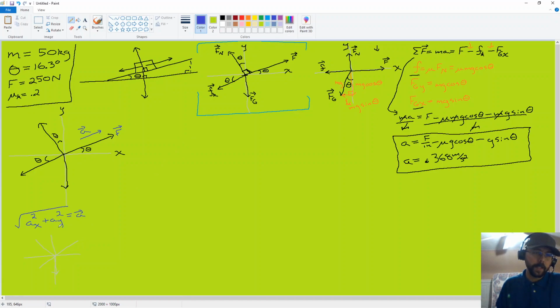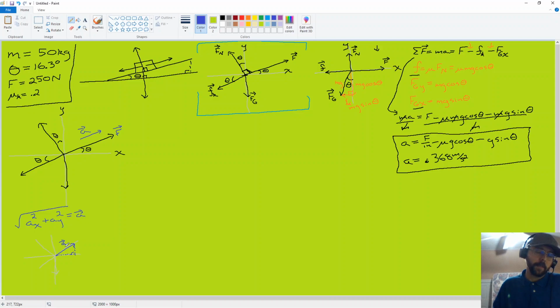Now, our acceleration vector is going to run like this at some length. I don't know what it is yet. Well, I mean, technically I do. It's right here. This is the length. But, had I not done it the easy way first, I wouldn't know the length. So it will have a y component and an x component. And so this is a,